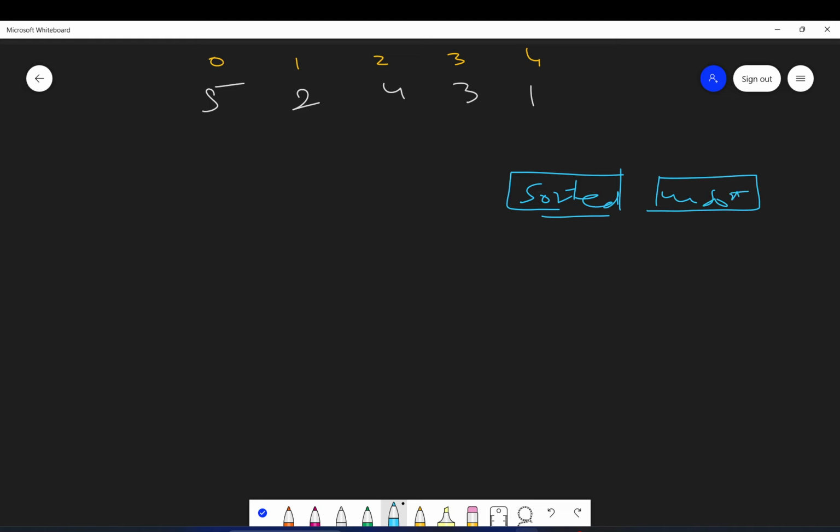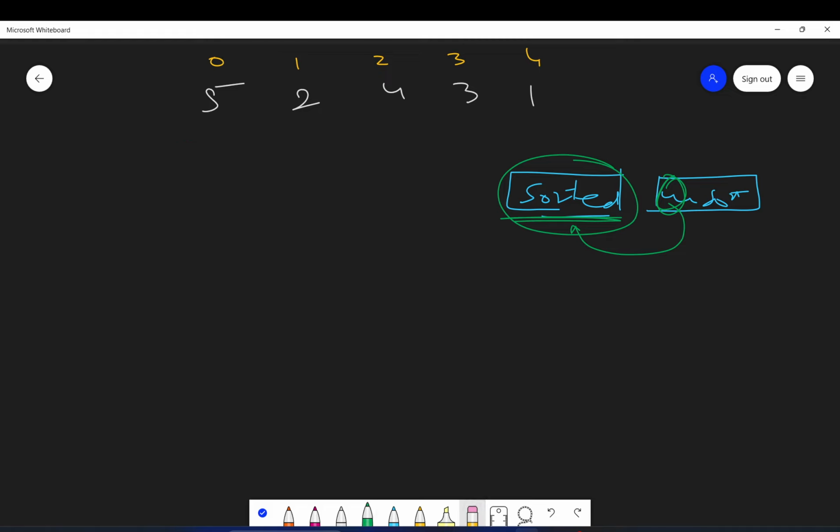Our task is to pick an element from the unsorted and insert it in the correct position in the sorted. So initially, this is my sorted pile and this is my unsorted elements.